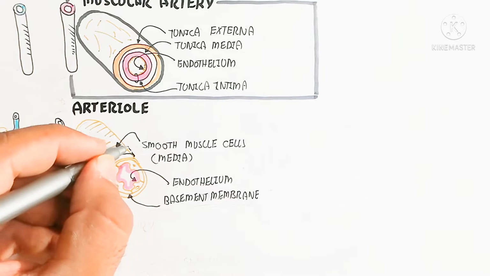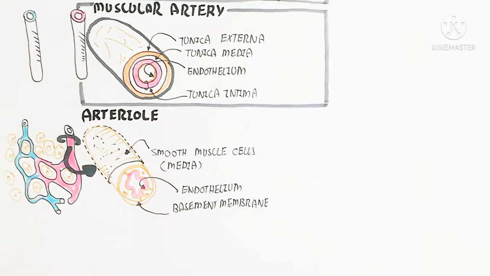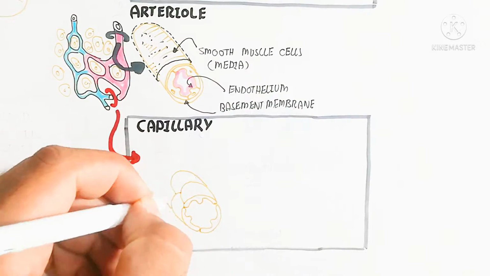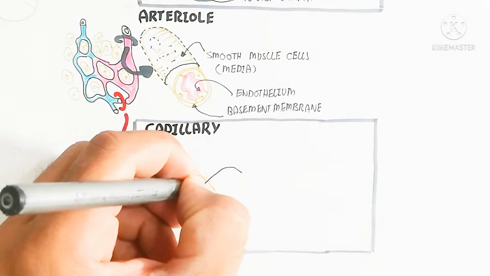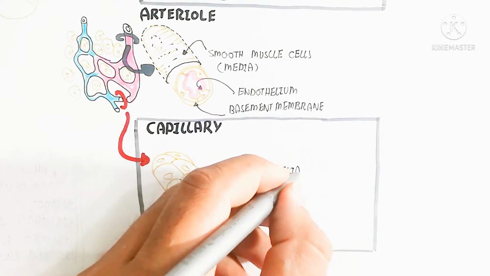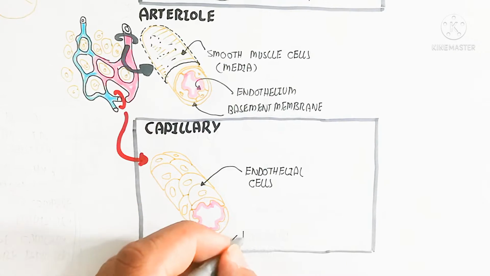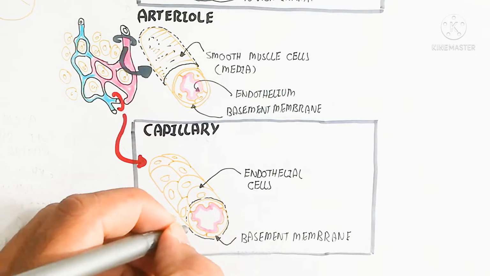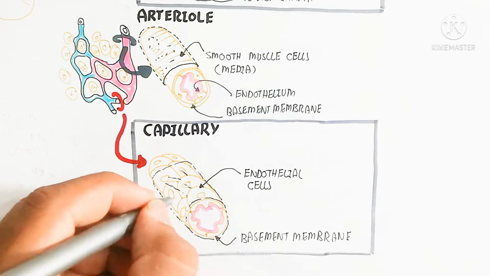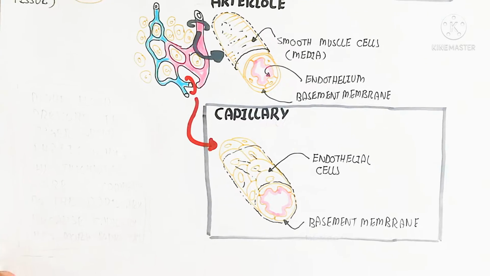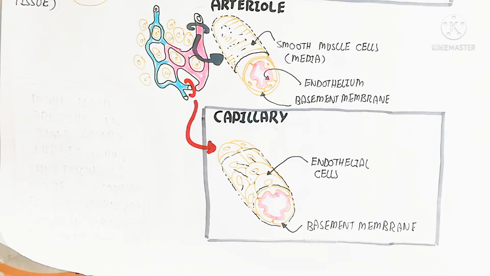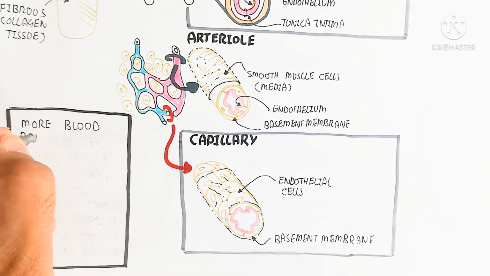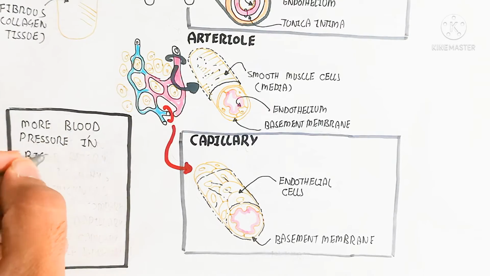Let's begin to understand the capillary. This capillary here is a network of blood vessels, and it is as thin as the diameter of one red blood cell. So the endothelial cell is here, surrounded by the basement membrane, and in this way the capillary network is used for the diffusion of oxygen and carbon dioxide exchange for aerobic respiration, and in this way the deoxygenated blood goes toward the heart